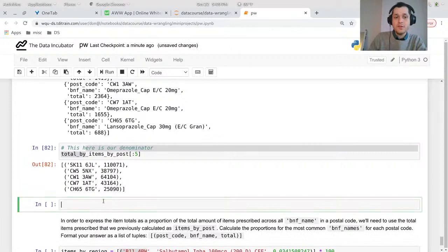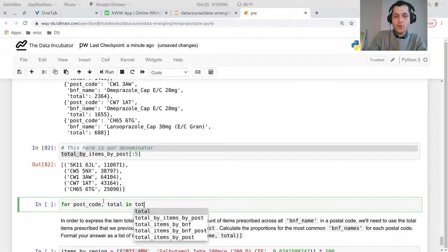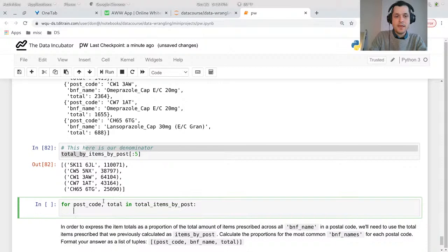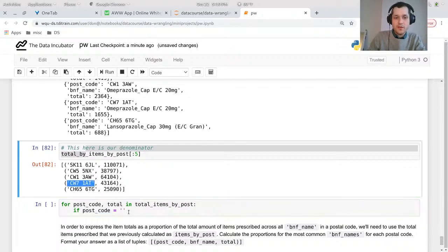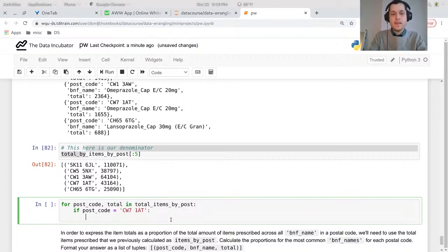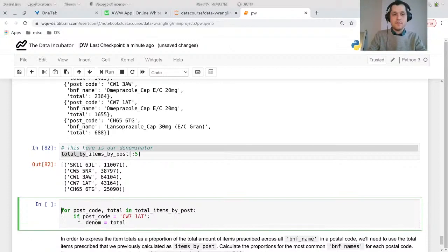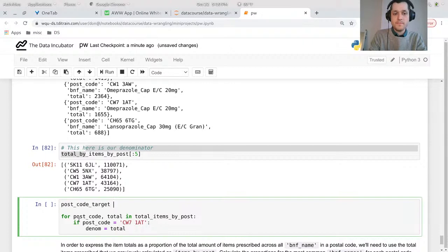We could do something like this. We could say for postcode and total in total items by post, and I can say if postcode is equal to, let's say, one of interest, something like that. Then we can say denominator, denom, is equal to total. I can do something like this. I can say postcode target, the one we're looking for,